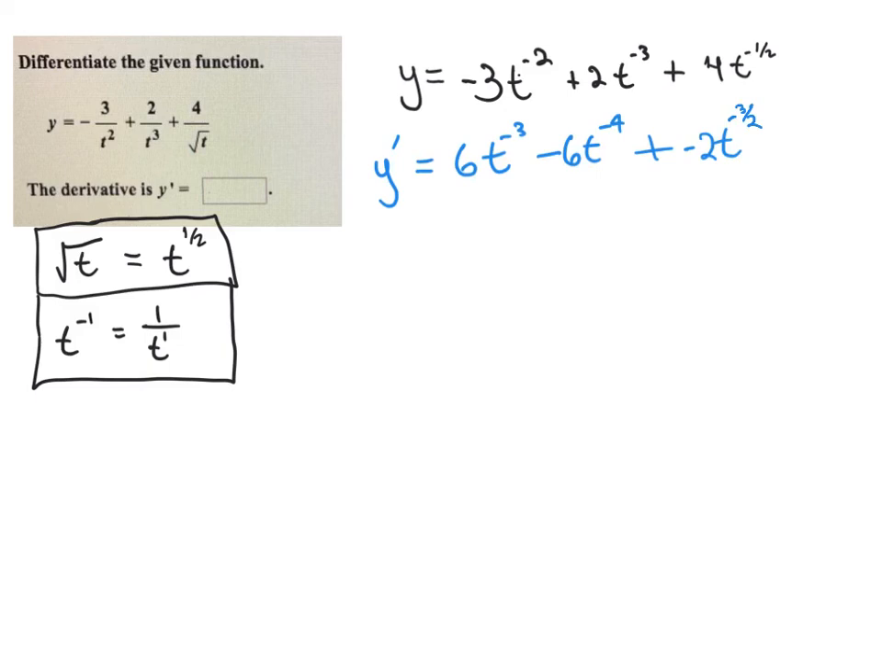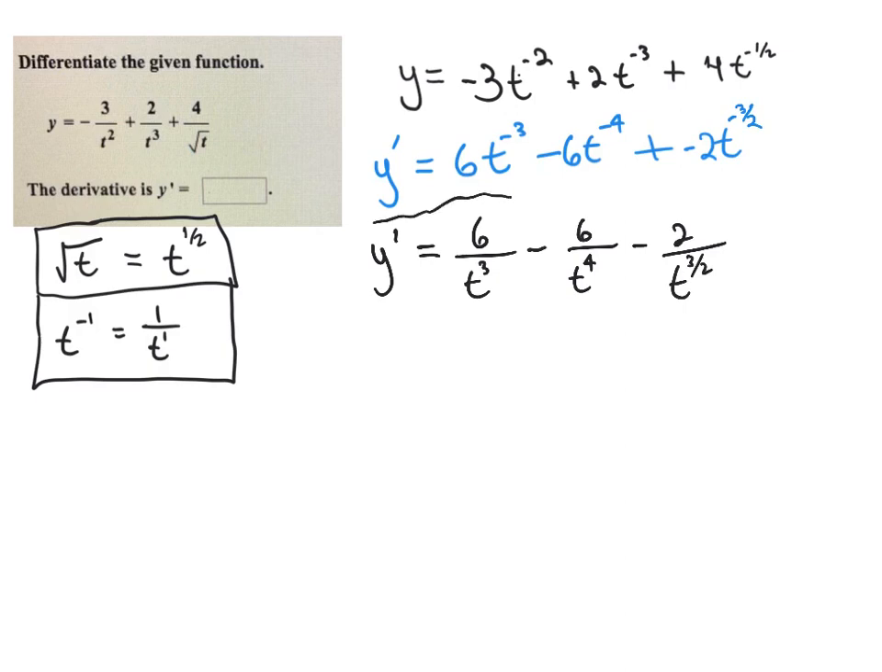This is our derivative. And if your instructor is like me, he probably doesn't want negative exponents, so let's do a little rewriting. This is the same thing as 6 over t cubed, minus 6 over t to the positive 4th power, minus 2 over t to the positive 3/2 power. So we could just leave it like this. So this is our